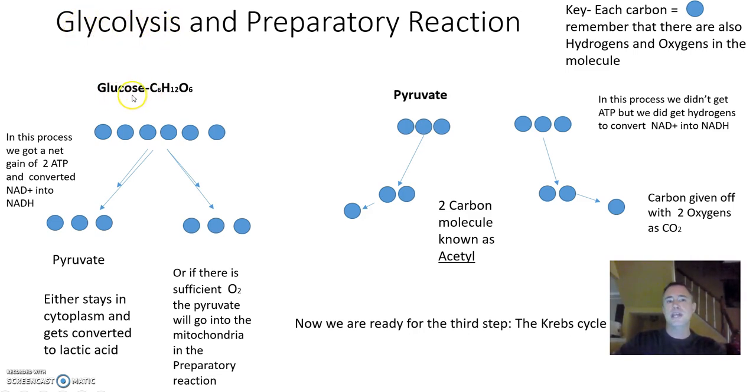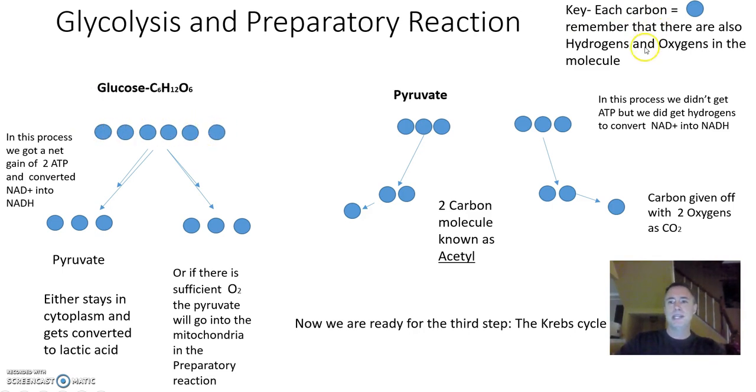So what we're going to do is take a glucose molecule, which has a chemical formula that you probably ought to commit to memory. It's one of the few that you really do need to know as far as a formula. The formula is C6H12O6, meaning 6 carbons, 12 hydrogens, and 6 oxygens. Now, in our diagram here, and I put a little key up here, each carbon is shown by each of these little blue